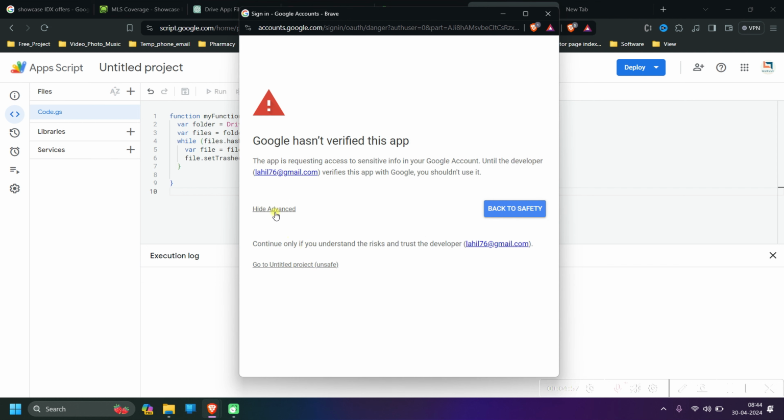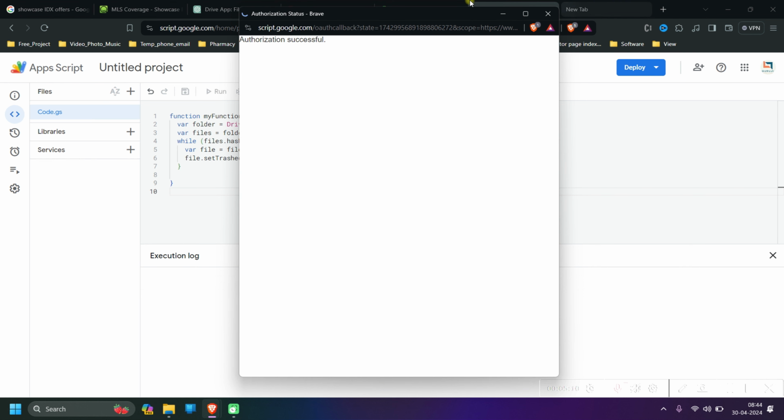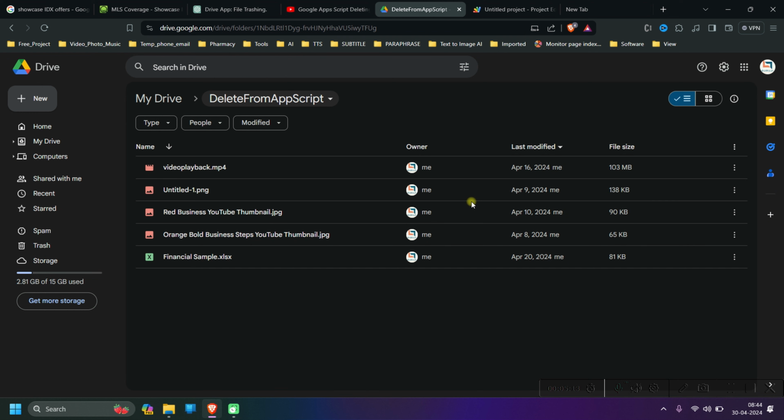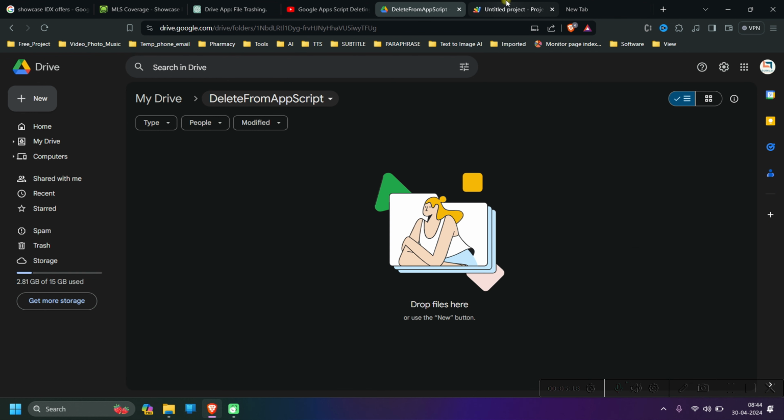So here we have to click on, then go to the project, so allow, and now just see over here, it's deleting all the files. See,